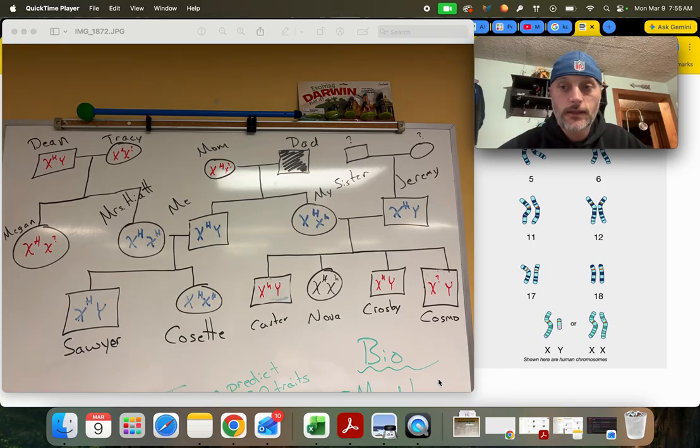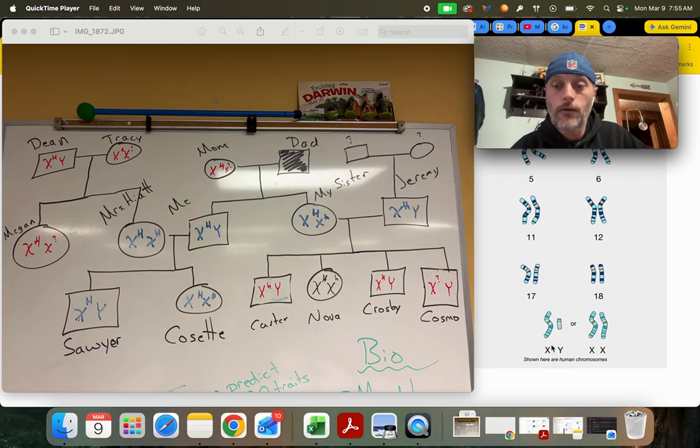So I wanted to take a few minutes and explain the sex-linked aliens worksheet. I like to use my own family tree to explain this idea. Before we get into the big image that I took from the school when I was there on Friday,